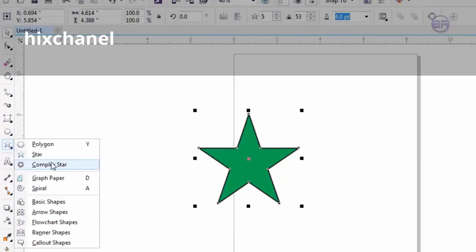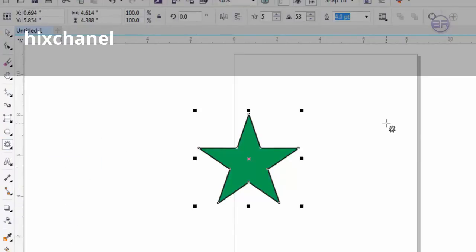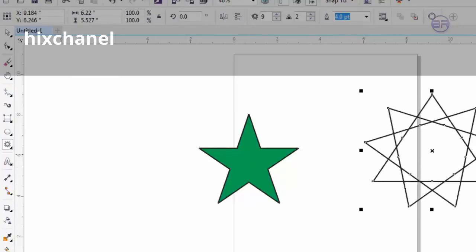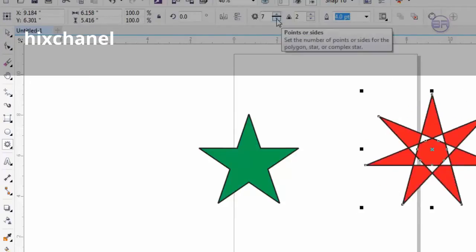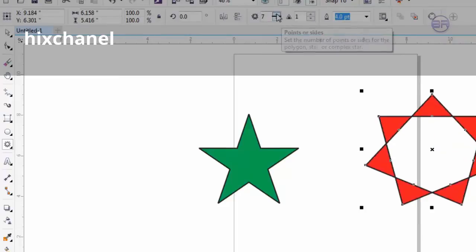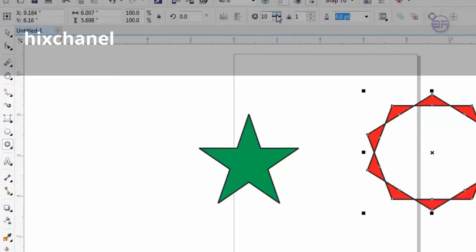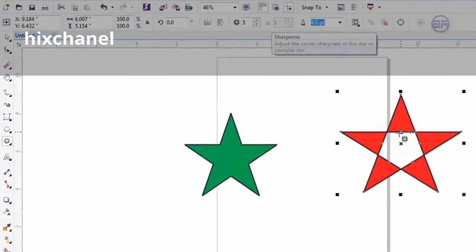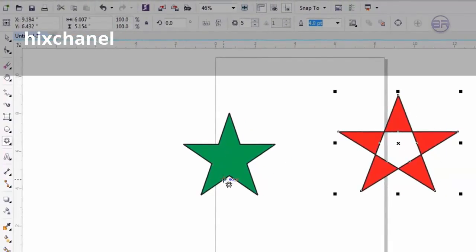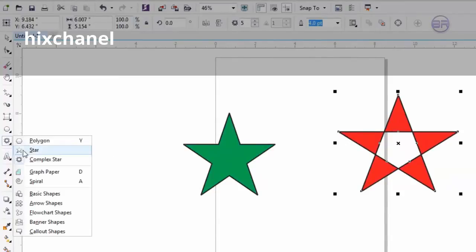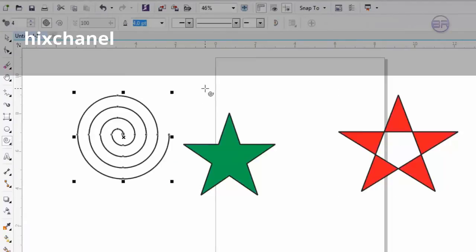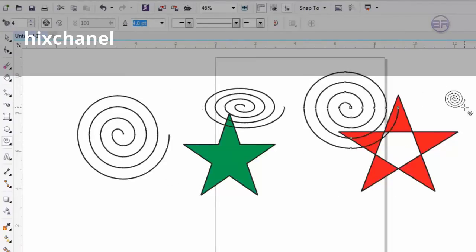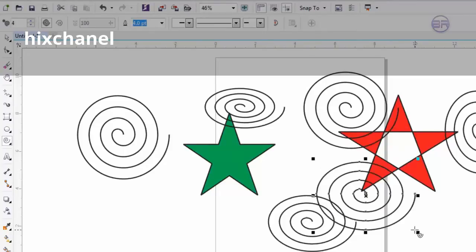Now there are other options, for example complex star. So complex star is basically this one. This is called complex star, which has more points, like 9 points. If you decrease, you will see changing in this. So by default this is a little bit different from this, and you can also use the other options like graph paper, which will just add this kind of shapes as much as you want. You can insert wherever you need them,